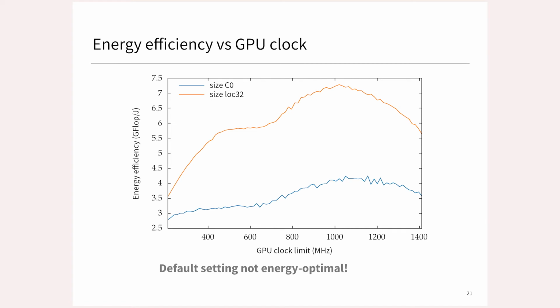And that's somewhat the main result plot. This bump you see here on the curve is exactly what you're looking for, and this is what I'm going to spend the end of the talk discussing, which is the energy efficiency against the GPU clock limits. The energy efficiency is defined in gigaflop per joule, so it's the amount of floating point operations performed for a joule of energy spent. It's equivalent to what the Green 500 calls gigaflops per watt. I just removed the second from the units, but it's exactly the same unit that the Green 500 is using